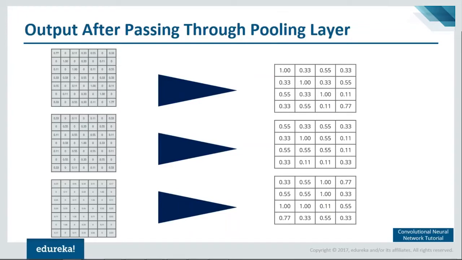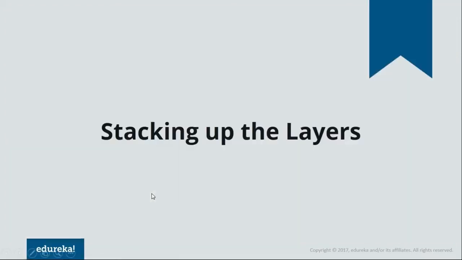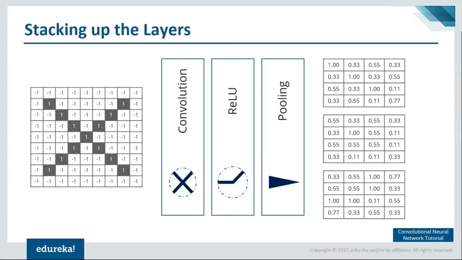Then those three outputs we passed through the pooling layer. So basically we're trying to shrink our image, and what we did, we took a window size of 2 cross 2, moved it through all the three outputs that we have got through the ReLU layer, and after doing that we were only taking the maximum pixel value in that particular window, and then we were putting it in a different matrix so that we get a shrunk image. And after passing it through the pooling layer, we have got a 4 cross 4 matrix, and since we took three features in the beginning, we have got three outputs after passing through the pooling layer. Alright, next up we are going to stack up all the layers. Alright, so let's do that.